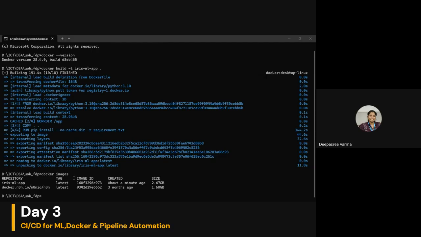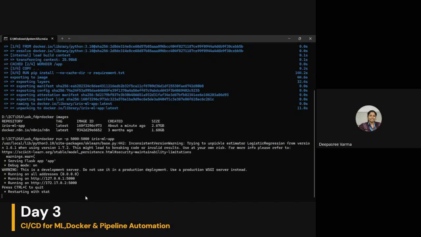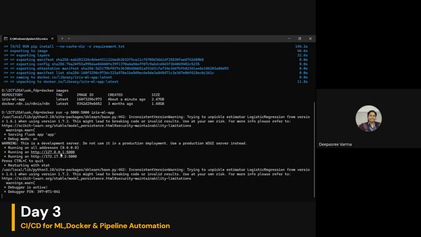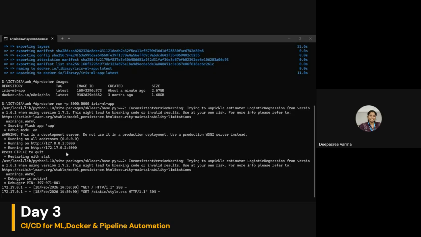As the next step in my document, I have given a command to run the Docker image. You can just run our application through the container. Now the application is running through a container, rather than yesterday when we saw it running from VS Code. You can see it running on http://127.0.0.1:5000. If you click on that link with Control-click, you can see my application, which I created yesterday.